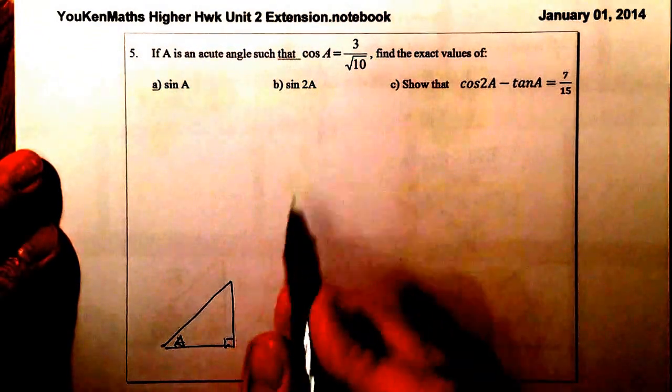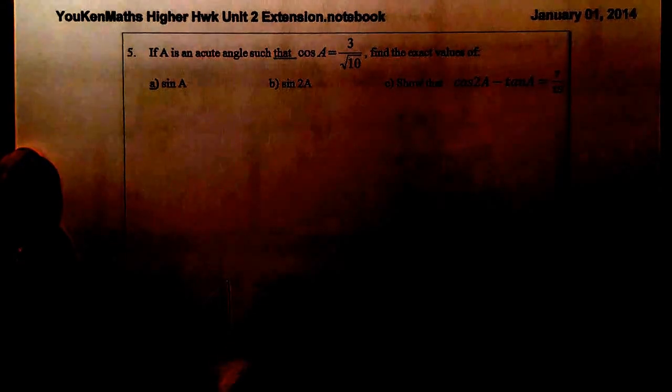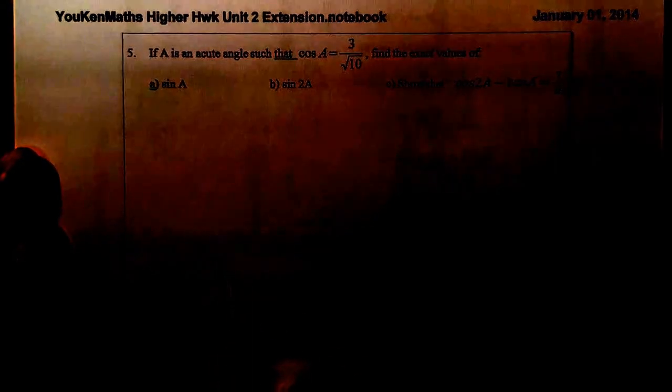So there's my right angle triangle. I've got A down here, just start with the angle down here. Cosine is equal to the adjacent over the hypotenuse, so that would be a 3 here and a root 10 here. So to work out this side, the Pythagoras that I would do would be starting with root 10, squaring